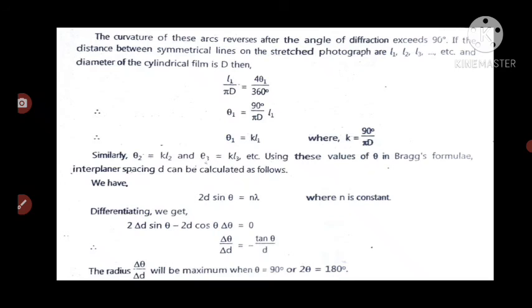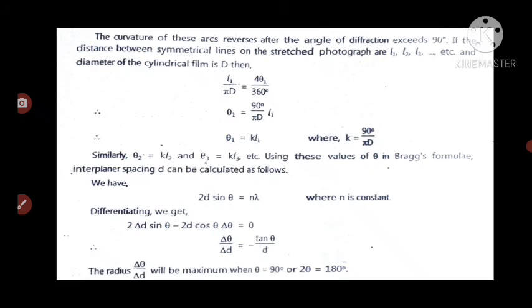Because if we do the calculation, 4 times 9 is 36, so that is given as theta 1 upon 360, or 90 degree, which is equal to L1 upon pi d. If we rearrange this equation, we get theta 1 equal to 90 degree divided by pi d into L1, and 90 degree divided by pi d is considered equal to k,